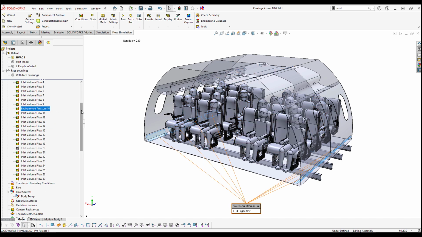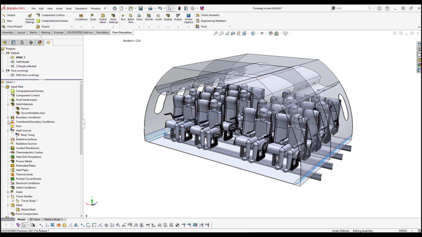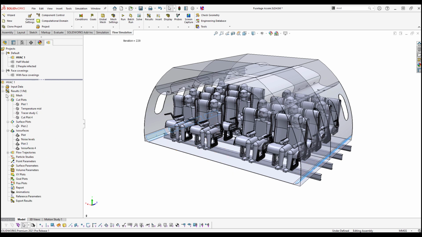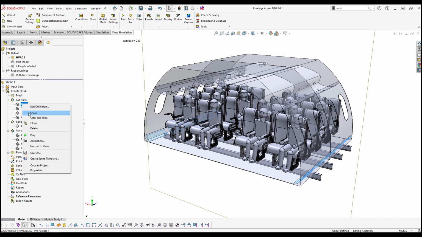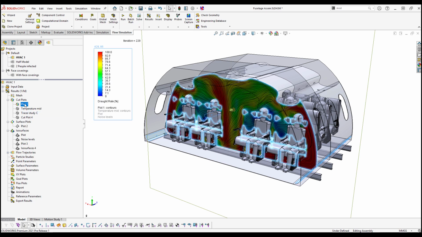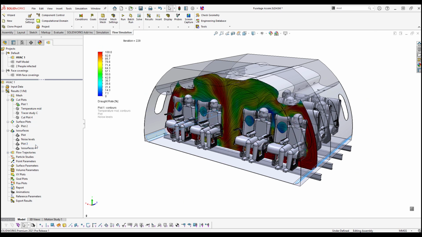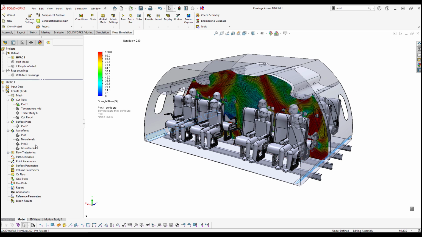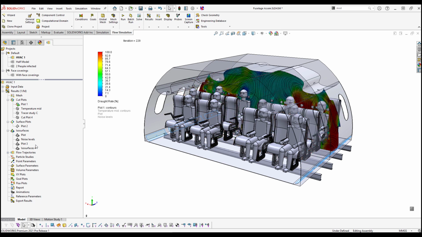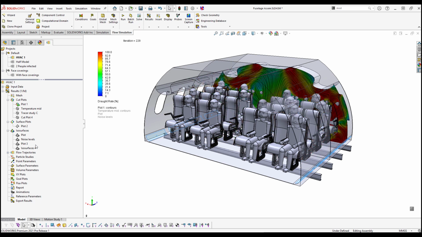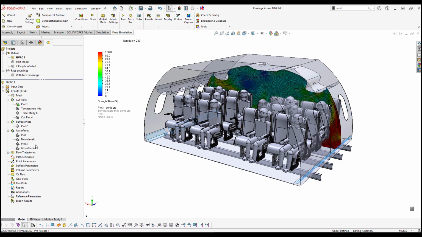We can then use the industry standard ISO 7730 comfort parameters to see what percentage of people will be unhappy with the draft from the air conditioning system. Since the HVAC module is embedded, we can use all the familiar flow simulation tools, such as this cut plot, which shows us any areas in red where the velocity may be slightly too high or the draft may be slightly too strong. So this percentage of people will be unhappy with that particular draft.